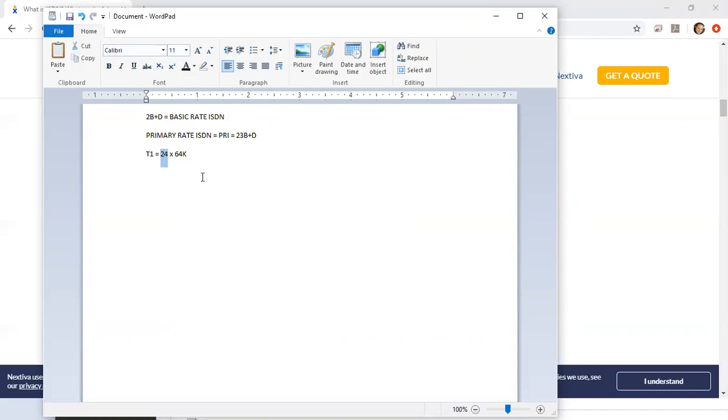We take 23 of those channels in the case of a PRI, and we use those for actual data, and we use the 24th channel for signaling, kind of like a flow controller. That's where the telephone number comes in on the telephone call, because what's common to both of these is that they are switched,